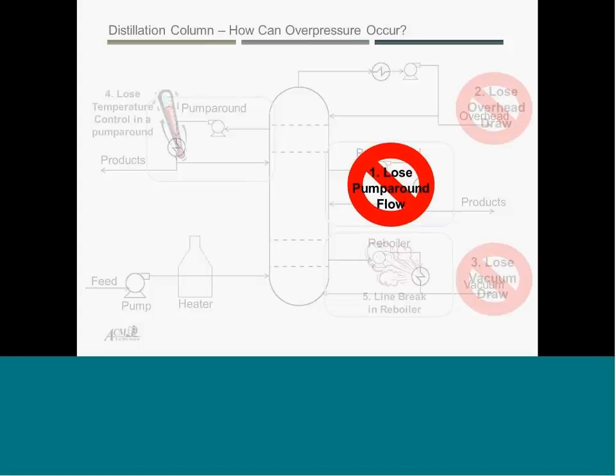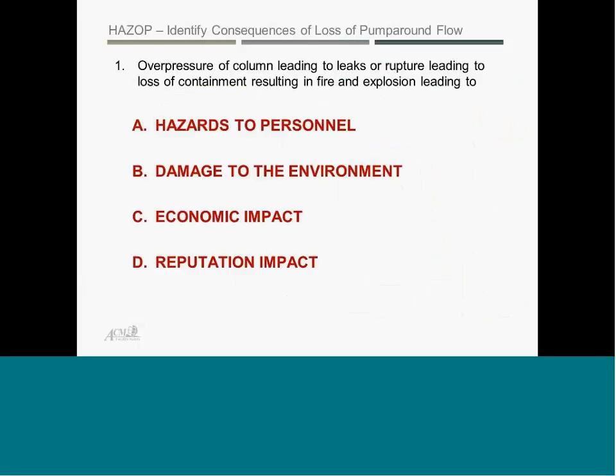Going forward here in this Hazop, because we want to keep it simple, I'm just going to be looking at losing your pump around flow. Once you lose your pump around flow, we need to determine what the consequences of that are. We already identified the overpressure, but after that, there's leaks or rupture, loss of containment, fire and explosion, and ultimately